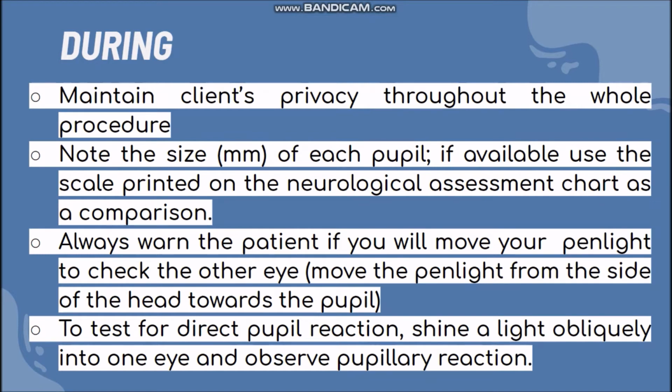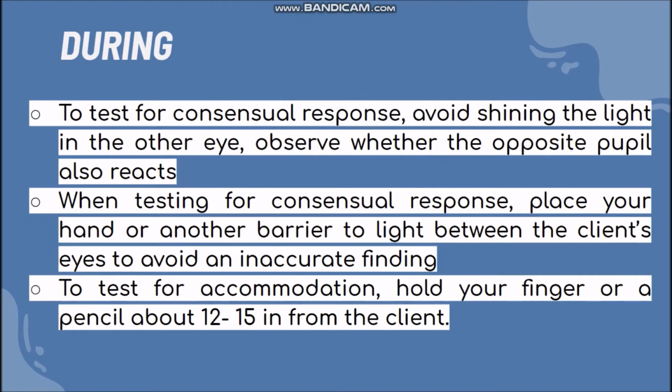Move the penlight from the side of the head towards the pupil. To test for direct pupil reaction, shine a light obliquely into one eye and observe the pupillary reaction. To test for consensual response, avoid shining the light into the other eye and observe whether the opposite pupil also reacts. And when testing for consensual response, place your hand or another barrier to light between the client's eyes